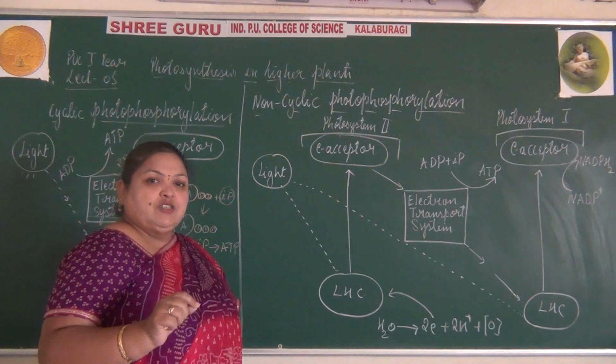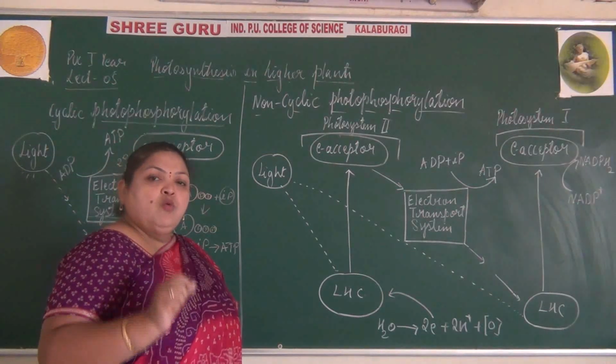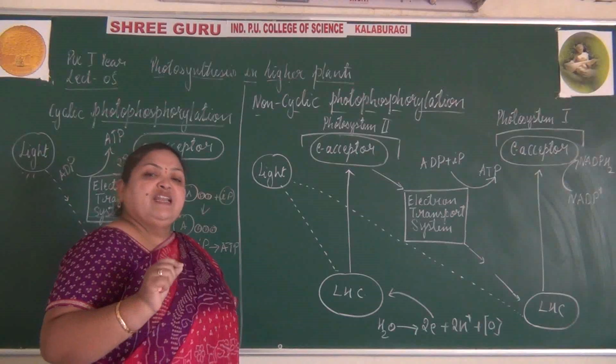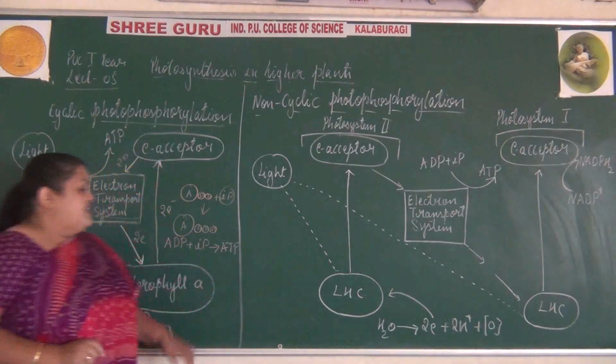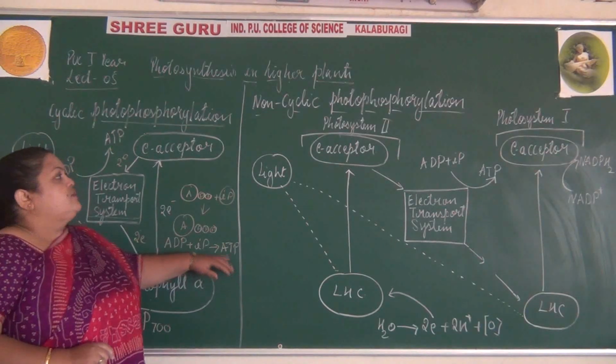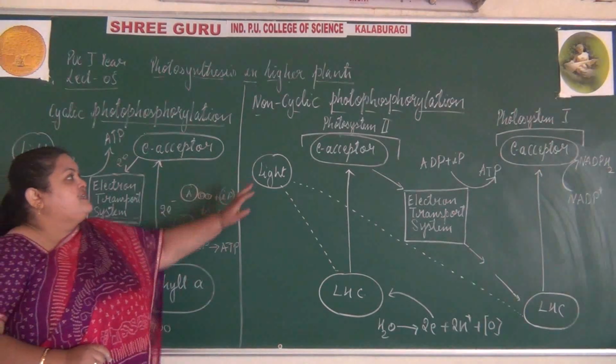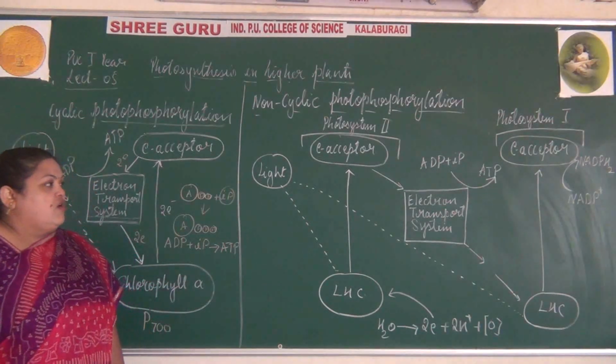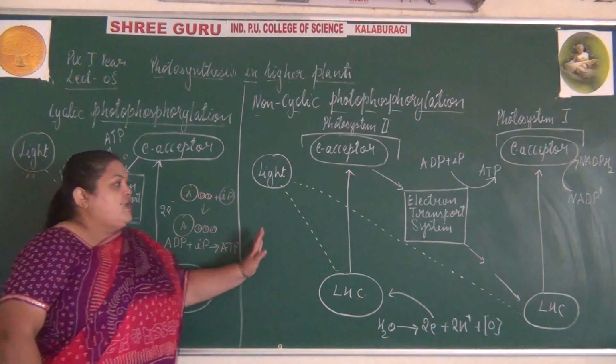So in this reaction, there is movement of the electrons in a cyclic manner, and there is also the synthesis of ATP molecules. Now the next one is non-cyclic photophosphorylation, where both the